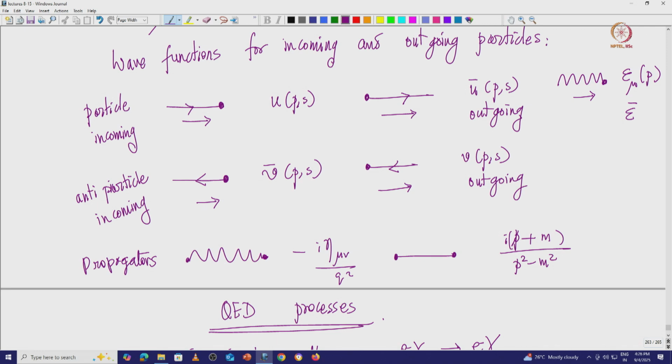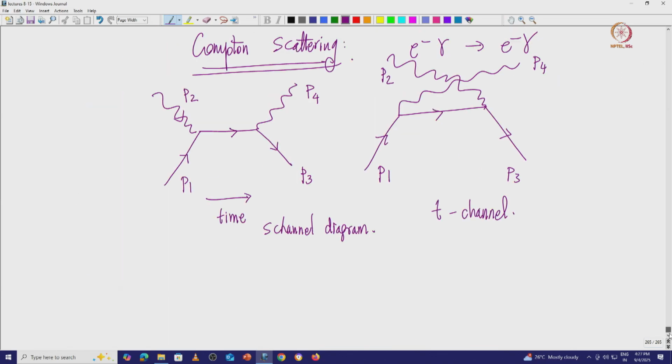So, if you want to take the photon wave functions, they have to be either epsilons, or epsilon primes, or either of them. The final state polarization will be the same. There are polarization vectors, epsilon prime for outgoing, or incoming, or outgoing. These are just polarization vectors of the photon. The photon wave function is just the polarization vector.